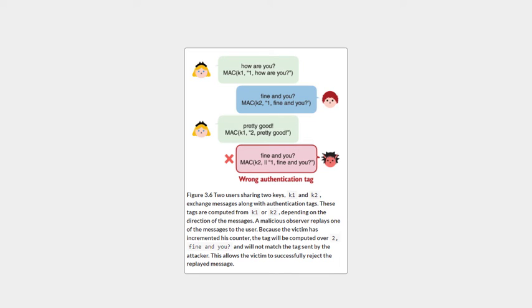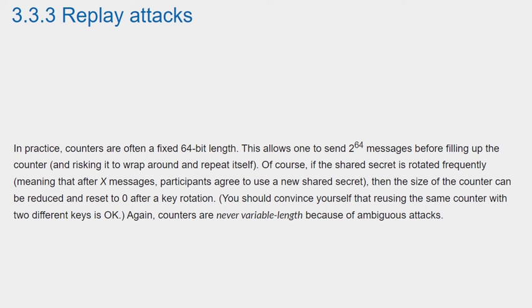In this scenario, nothing prevents a malicious observer from replaying one of the messages to its recipient. A protocol relying on a MAC must be aware of this and build protections against this. One way is to add an incrementing counter to the input of the MAC, as shown in Figure 3.6. In practice, counters are often a fixed 64-bit length. This allows one to send 2 to the 64th messages before filling up the counter and risking it to wrap